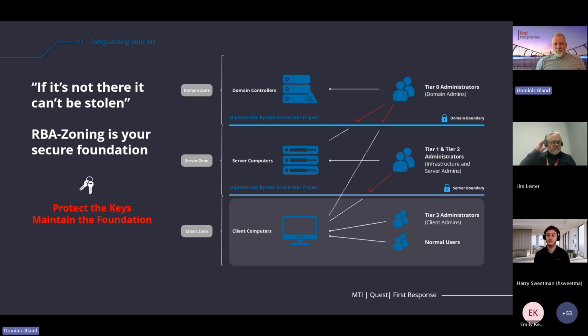So here we end up. If you put role-based authority and administrative zoning in place, you end up with an infrastructure that is massively harder for an attacker to move through. So hard, in fact, that the chances are most attackers will just give up unless they really want the prize in your environment. But you're also making it so much harder for them to move through the environment, having taken away the standard pivoting capability, that they then have to prod things in the environment. They have to do much more work, a lot of it manual,